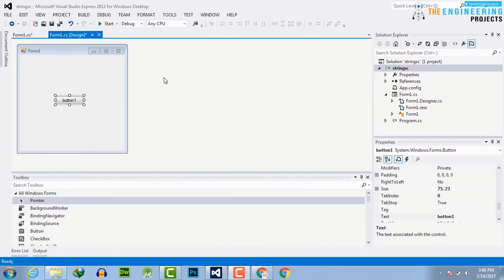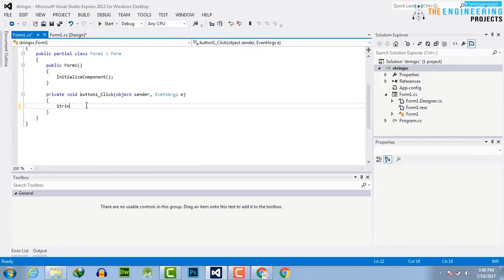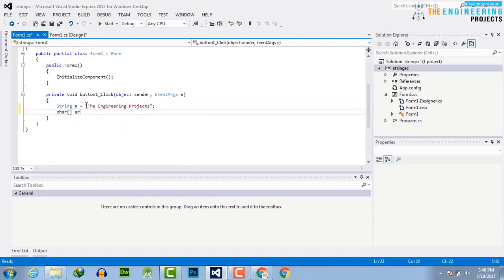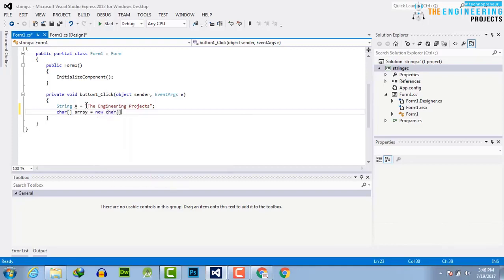In this video tutorial, I will tell you about the copy to method, which is used to copy the specific data from an index of a string. So first of all, take a string A is equal to the engineering projects. Now take a character type array, char array, new char 3,